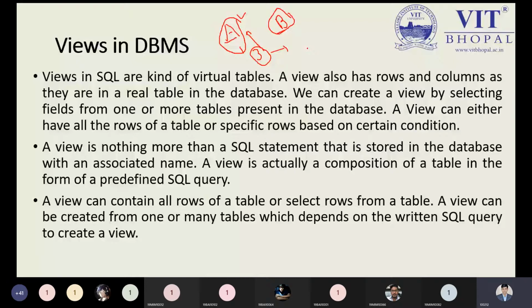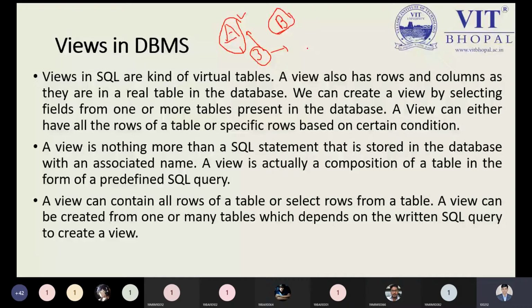The second point you can read over here: a view is nothing more than an SQL statement that is stored in the database with an associated name. So by the SQL statement, you will perform some operation. While creating the view, it requires some memory also, but it will take the reference of all the tuples and all the attributes on the basis of some condition from the tables.